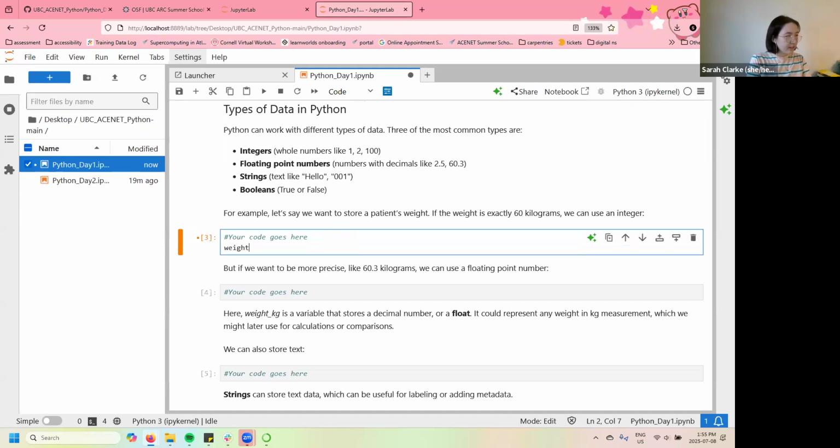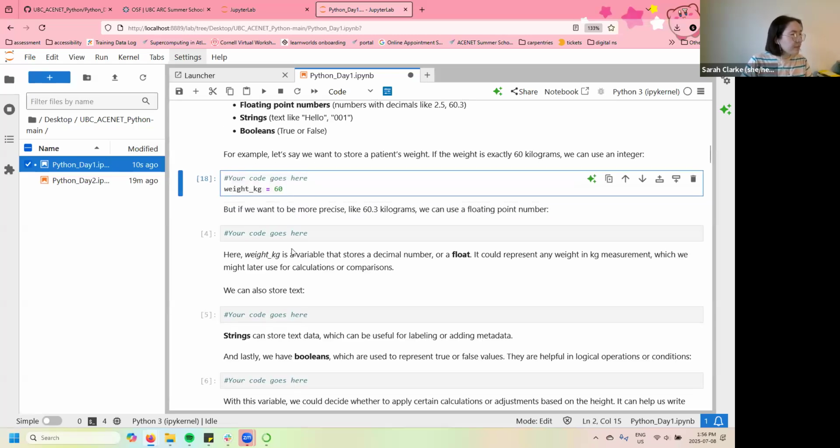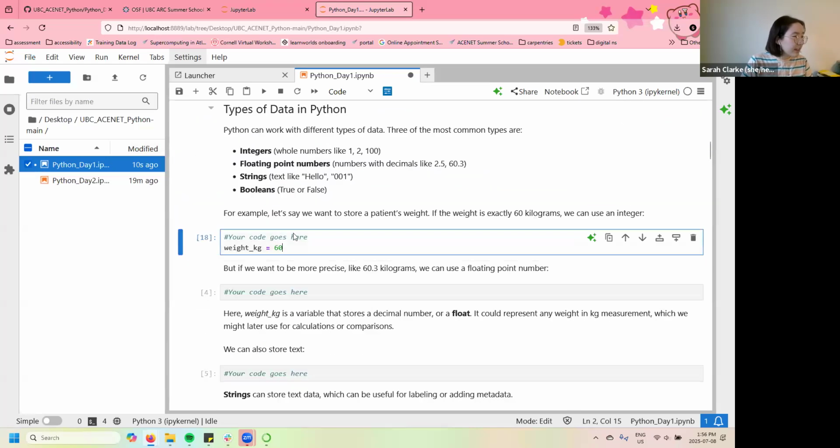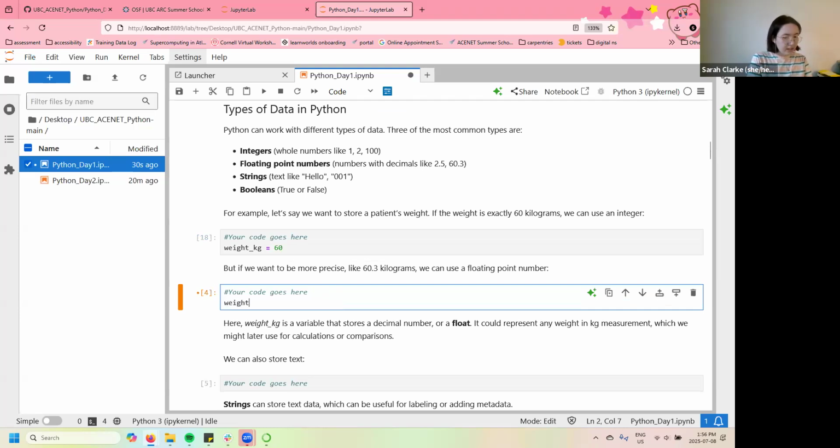And I mean, we kind of just did this, weight_kg equals 60. So I can hit shift enter and run that, even though we already have a weight_kg variable saved. But if we wanted to be more precise and say 60.3 kilograms, we could use a floating point number instead. So I'll go into my next block, enter, and we'll set weight_kg to be equal to 60.3 instead. Now I can shift enter